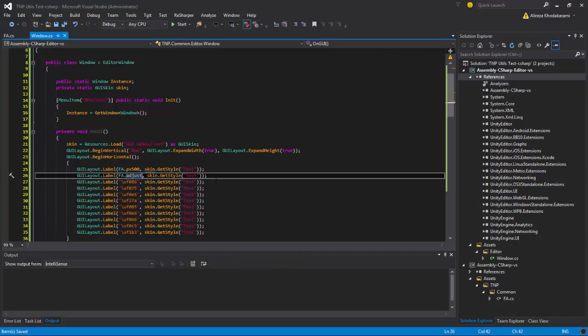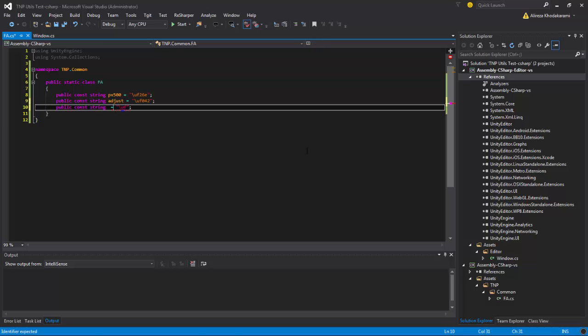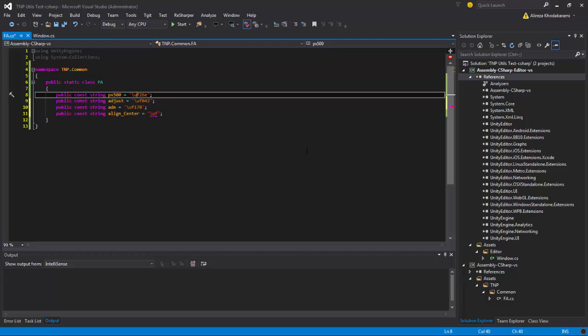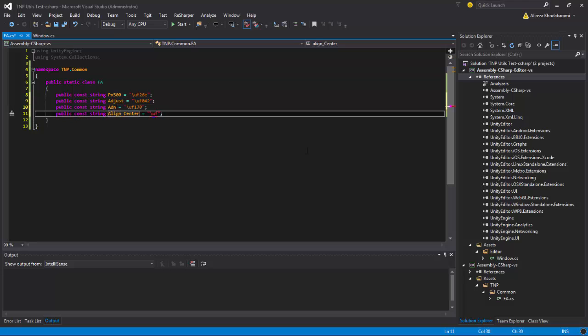So now it's only a time-consuming thing for going and adding all the cheat sheet. So public constant string adn equals to 170, and it's equals, okay. So align center, and I can totally use the capital names because they are public, adjust adn align center, or I can use align center like that. Okay, and align center equals to